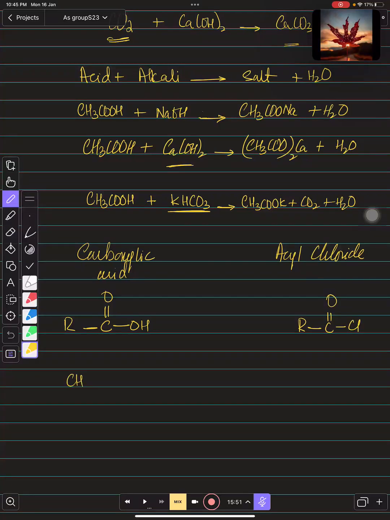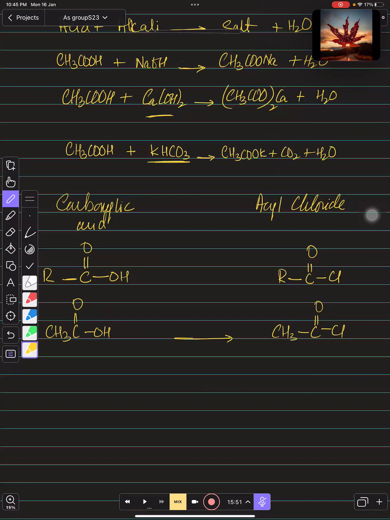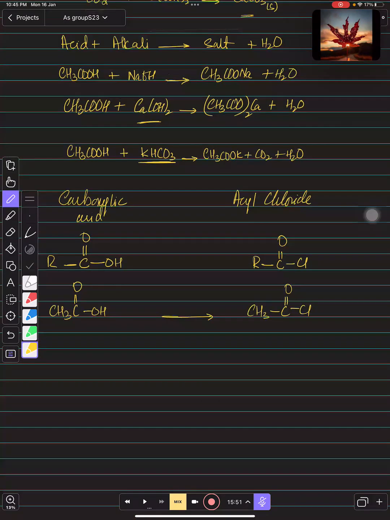और इसको कन्वर्ट करने का बेहतरीन तरीका ये है कि यू कैन यूज PCl5। आपको याद रखना है कि हम इसमें क्या यूज कर सकते हैं, PCl5 यूज कर सकते हैं। दिस इज द मेन थिंग दैट यू नीड टू कीप रिमेंबर। ये रूम टेम्परेचर पे भी काम करेगा PCl5 अगर आप यूज करेंगे। इसके साथ साथ आपके पास POCl3 बन जाएगा और HCl बन जाएगा। ठीक है, तो ये दो चीजें बनेंगी आपके पास।